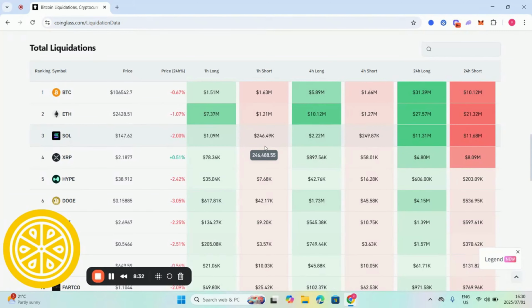If the liquidations are high for shorts, then the market is not doing well for that particular category. If you're going long and liquidations are high on long, but the shorts are now less, then that means the market favors the short traders. Just to break that down,